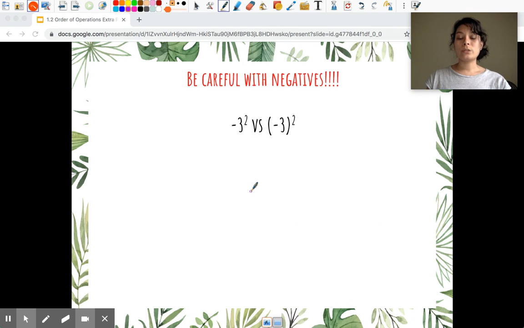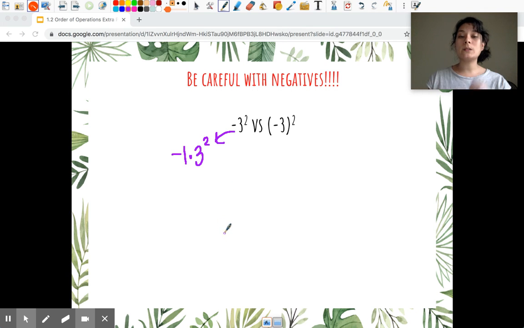Okay, so speaking of parentheses, let's talk about how a negative sign comes into play when we see parentheses versus not seeing parentheses. So as I mentioned, if you don't see parentheses, the only thing that is affected by the exponent is the thing that's directly touching. So if I see something like this on the left-hand side where I see a negative, but I don't see